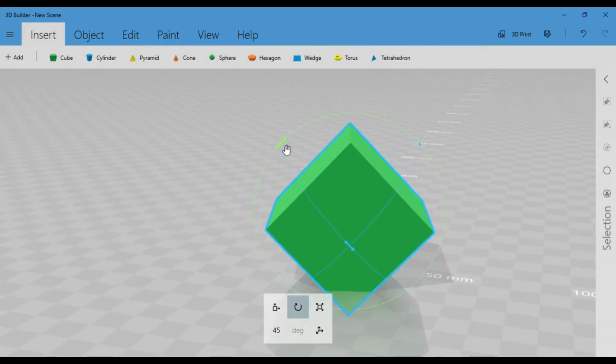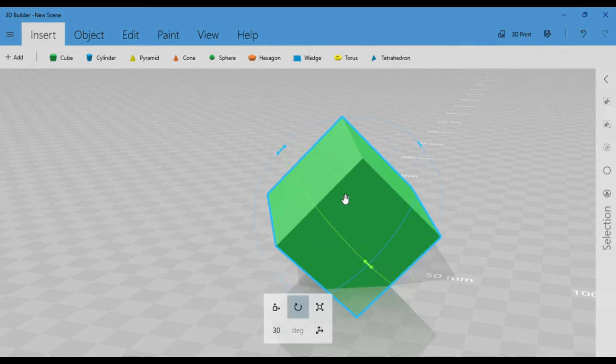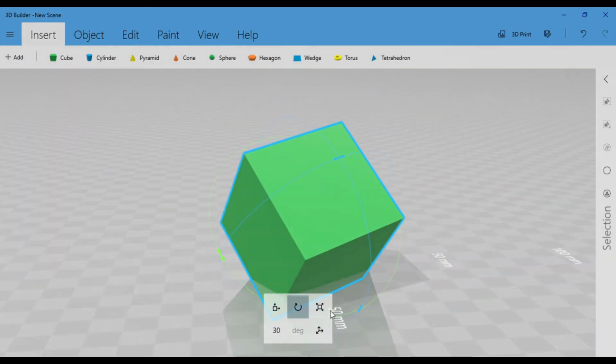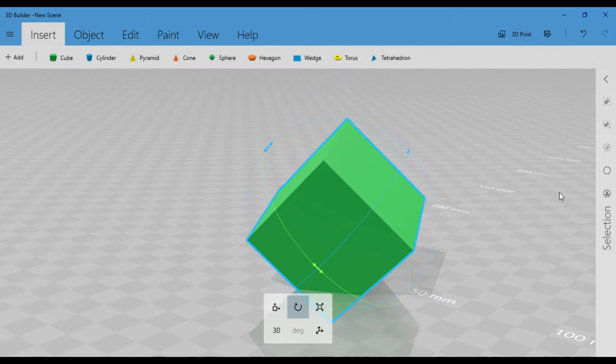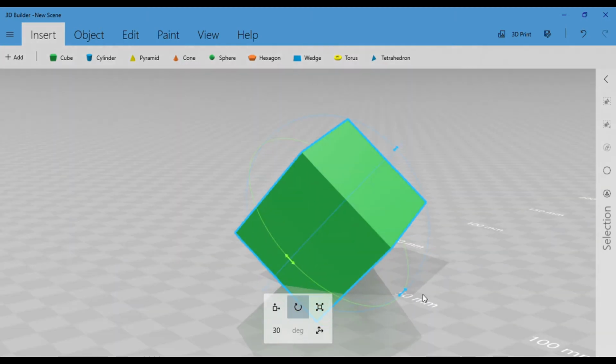And it always does it on the one that you have selected. So, since I got it 45 degrees here, let's maybe move it like 30 degrees this way and see what happens. There we go. It moved it 30 degrees that way. As far as that,